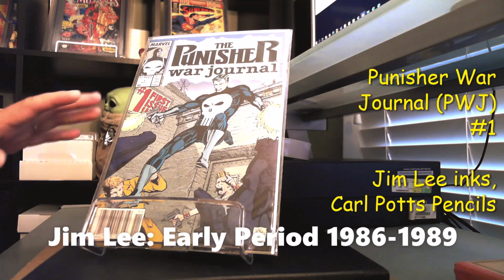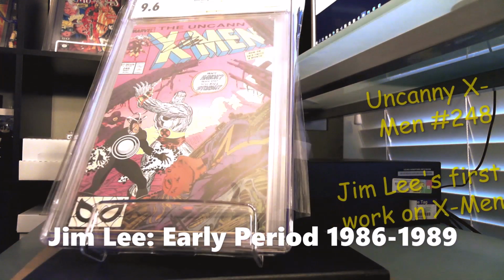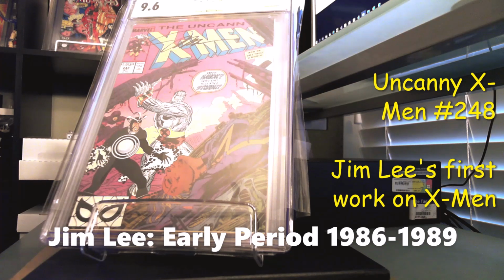These artists include the likes of Joe Rubenstein, Al Williamson, Al Milgrom, Whilce Portacio, the likes of Dan Green on this book here, Uncanny X-Men number 248, Jim Lee's first work on the X-Men. Also Klaus Janson, Bill Sienkiewicz, just a bunch of great artists. And I think that really helps him in that learning process,